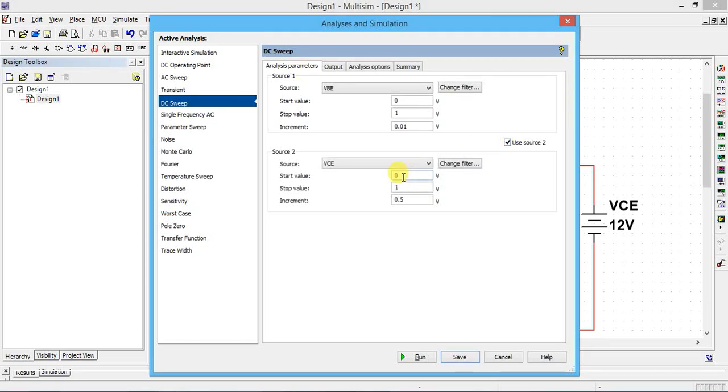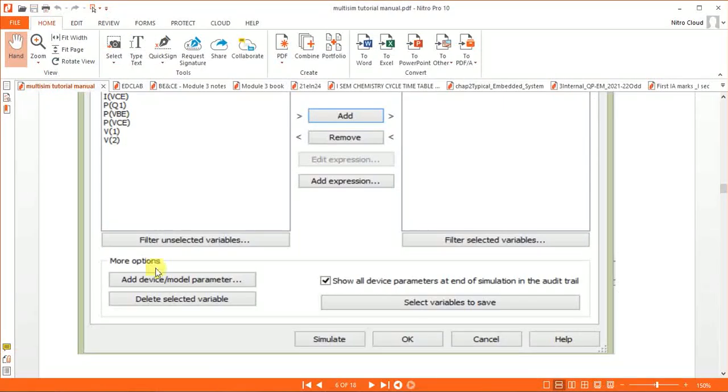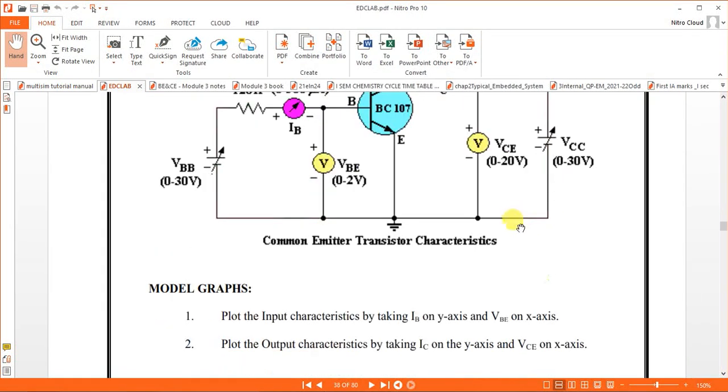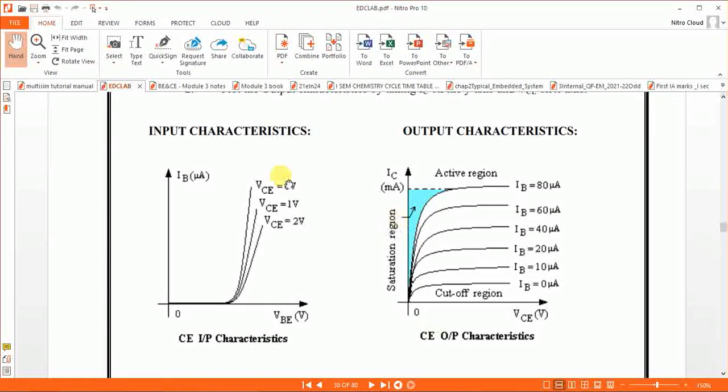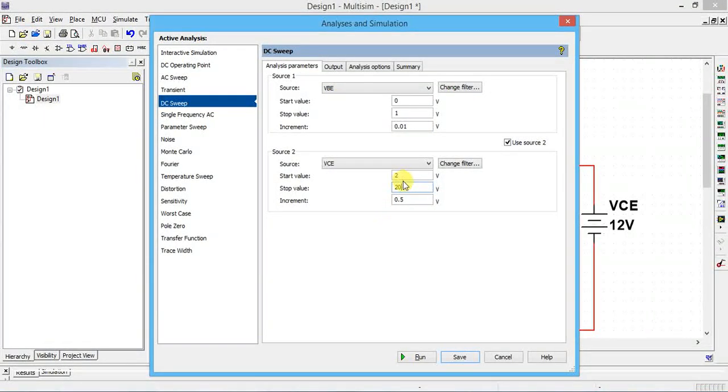VCE you have to keep constant. Starting value is 2, ending value is 20. So first we will take for 2 volts, next for 20 volts. Let me check in the lab how they have taken it, with zeros only or what. So first VC is 0, next 2, 4 like that. Here 0, 1, 2 is there, so I will take 0, 2, 4 like that. I will take starting value as 0, ending value as required, and step size as 2 volts. So first is 0, next 2, next 4, next 6.